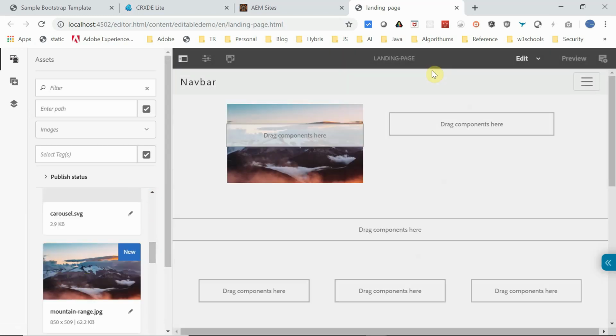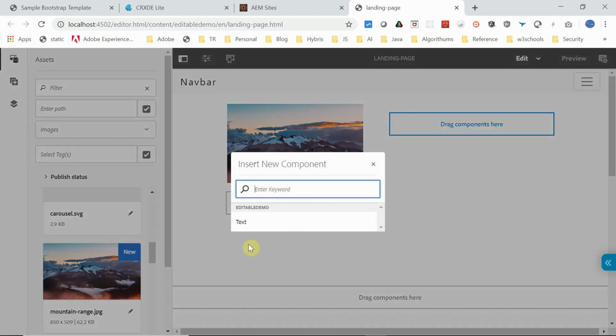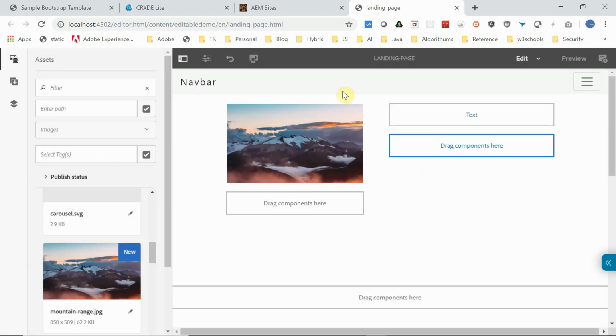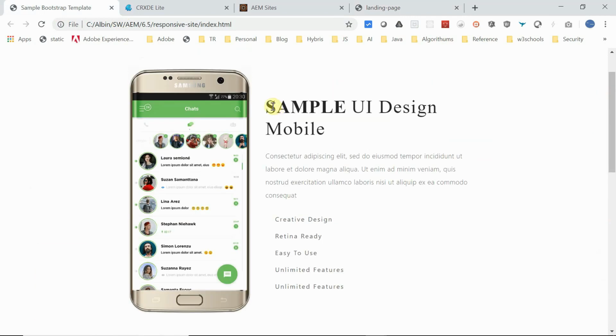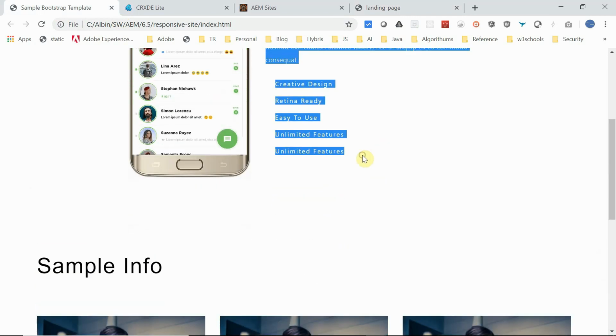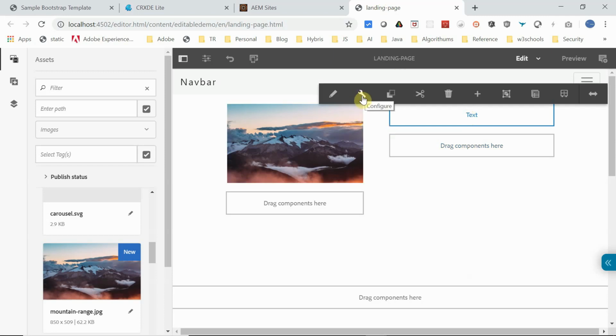This is fine, done. Now one more thing we need to do, here the text. If you go here, you will see the text. I will just copy this text. I'm not going to do anything else for now. Okay, if you go here, just configure.